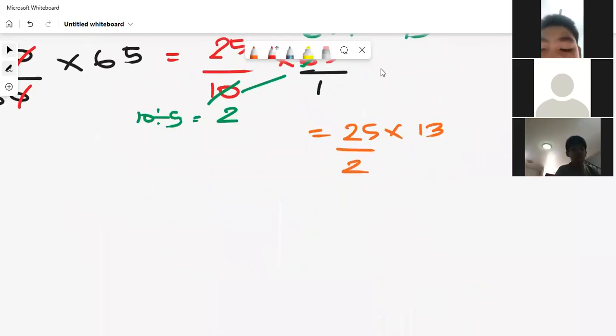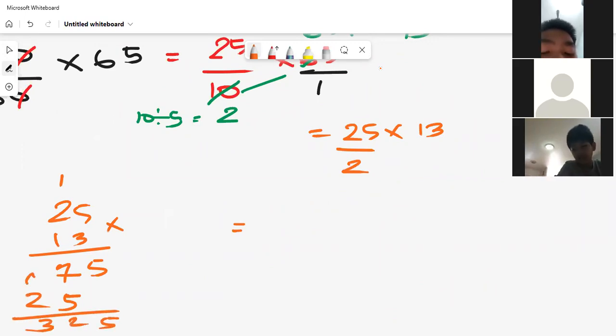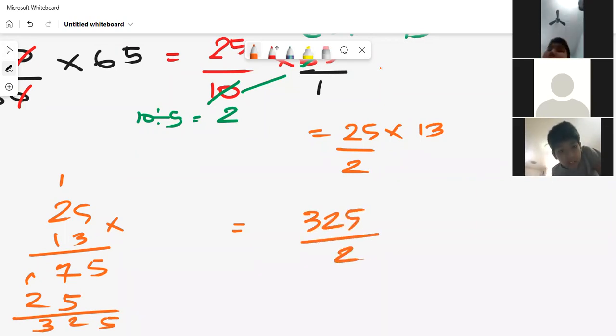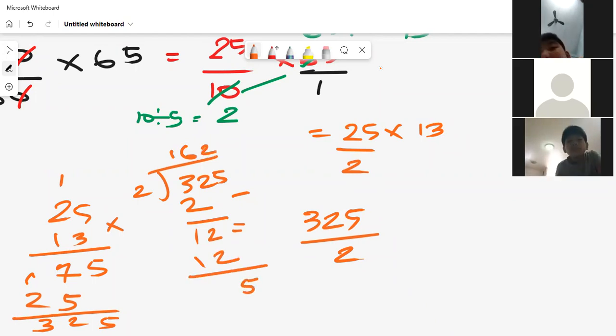So it will become 25 times 13. 15 carry 1, 6, 7, 5, 2, 5, 12, 1, 3. 325 over 2, so divided by 2. 325 divided by 2: 1, 2, minus becomes 1, 2, 6, 12, bring down 5, 2, 4,